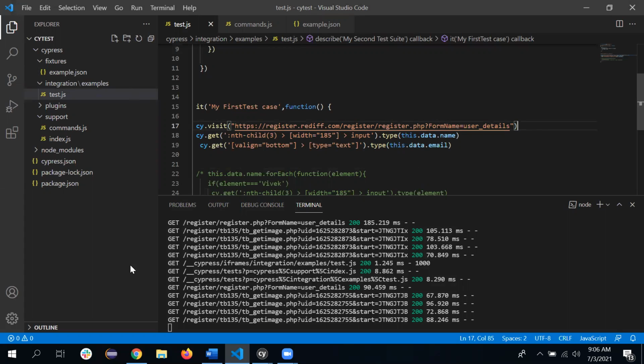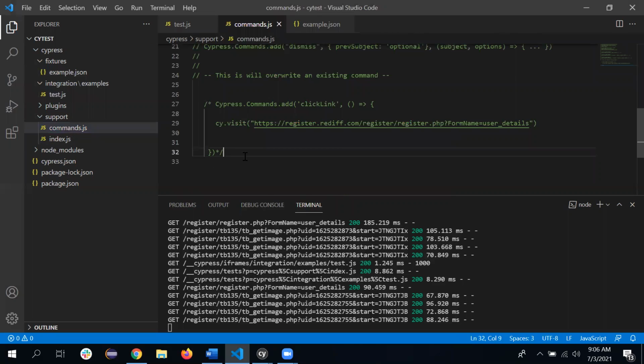For that, if you remember my previous lecture, we have one folder called support in Cypress. Inside that we have the command.js file. So whatever functions or commands we define inside this command.js file are available for all the test cases. We can define a reusable function in any other class as well, but then you have to create an object of that class to access its method.